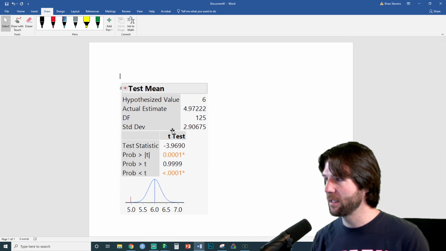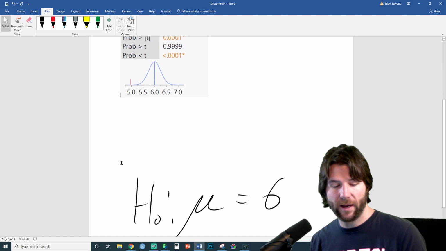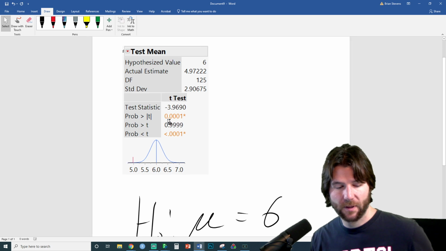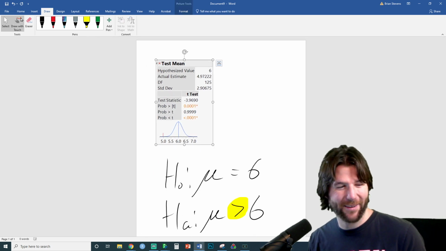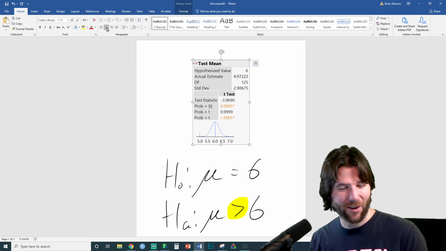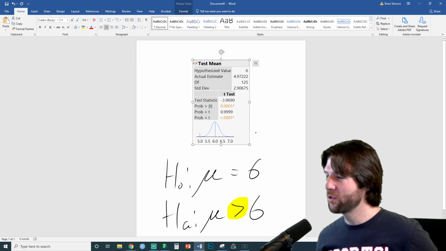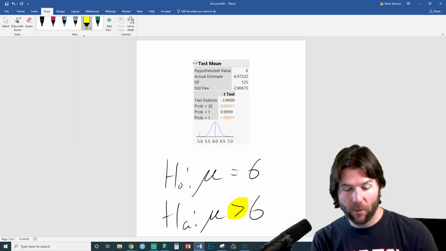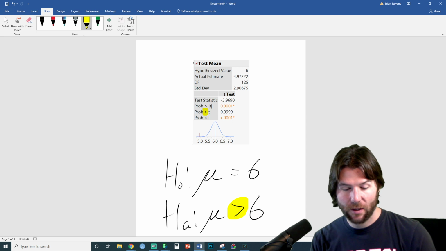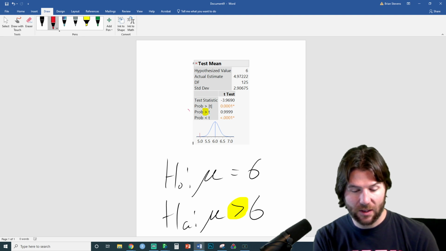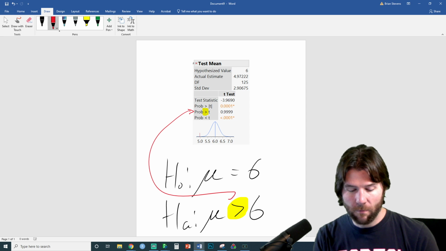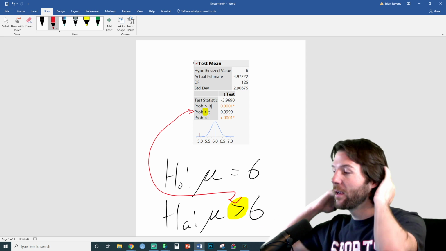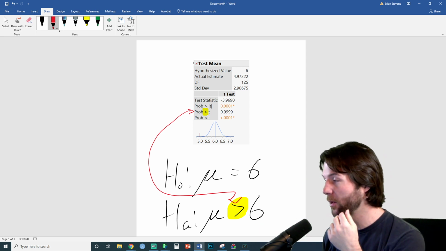So let's go ahead and take a look at this right here and see what we have. I wanted to put it right below it. There we go. So here are our, I know I need an iPad. There we go. All the new Apple stuff looks so cool. Always does. So if you look at this, I really wanted to highlight on here the following, that we are doing the greater than test. So does everyone see? You should be able to notice now that this is the greater than alternative, which goes into this right here. This is the greater than alternative, and so it's right there with the greater than, and it has a very large p-value.